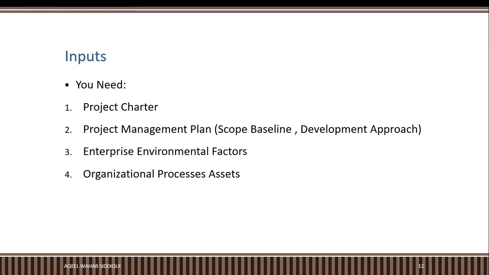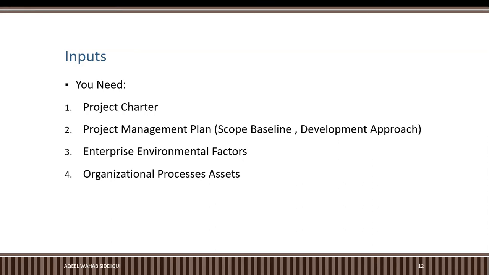It contains a list of high level stakeholders. It contains the deadline. It contains the milestone list. It contains pre-assigned team members for a project manager, and obviously project manager power. It contains budget. So the project charter can be very complex and very long. It contains everything you need to start your project. If you do not get your project charter, you cannot start your work. So the project charter is the first official document. Always remember, since you are working on project schedule management, you need the project charter.